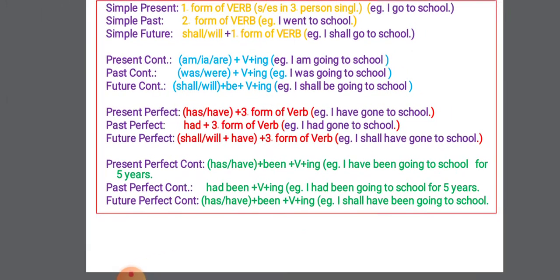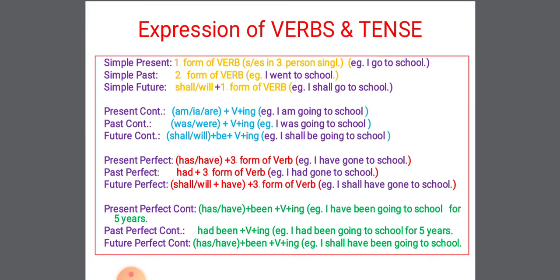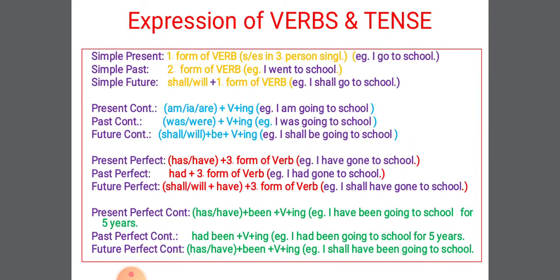Okay, now in this way, what is to be understood from this slide is that for different times, different tenses, to express different tense we need to use different forms, and we need to see where we must use what. For all the simple tenses or indefinite tenses, we will use simply the first form of verb, the second form of verb, and for future shall plus V1.